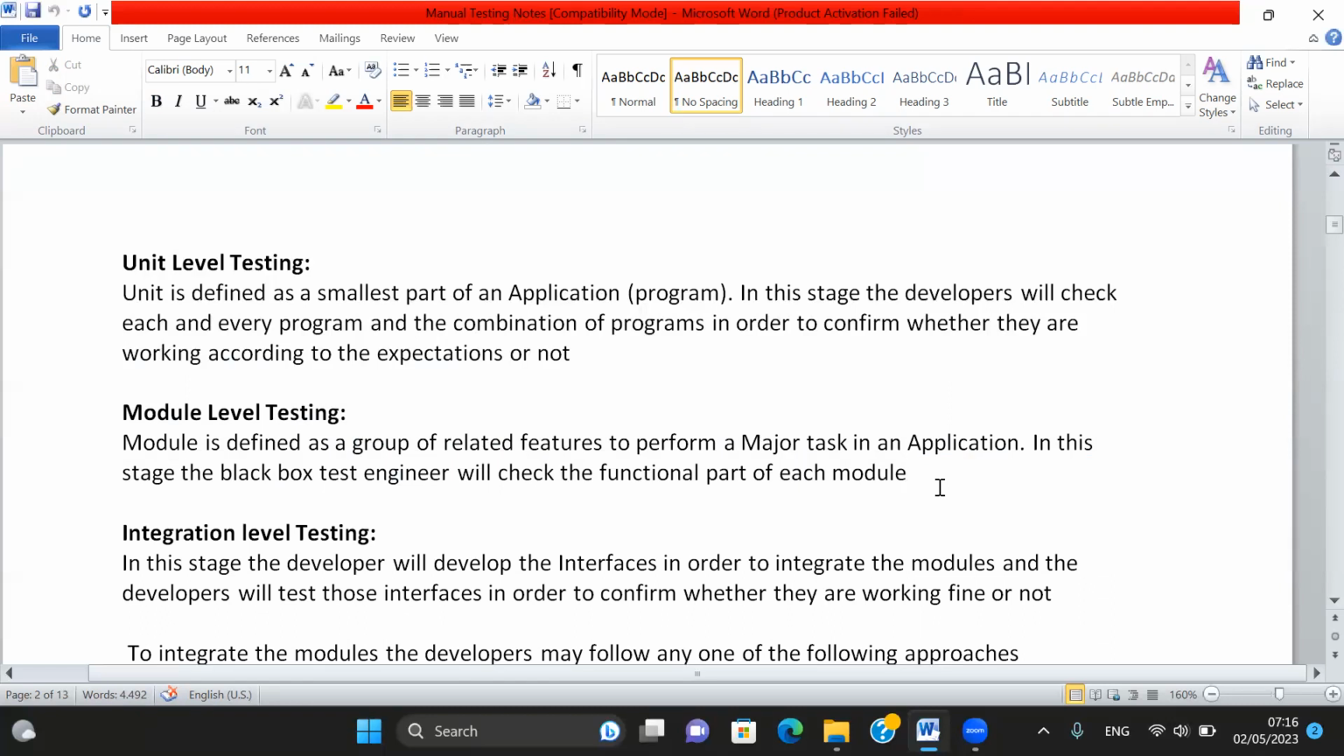Then there is the payment module, where there will be different payment methods: you can pay using PhonePe, net banking, your ATM, or your credit card. So there will be a payment module. It is a group of related features. Search will not come under the payment module. Will search come under payment module? No, because when we talk about the payment module in our application, the functionality